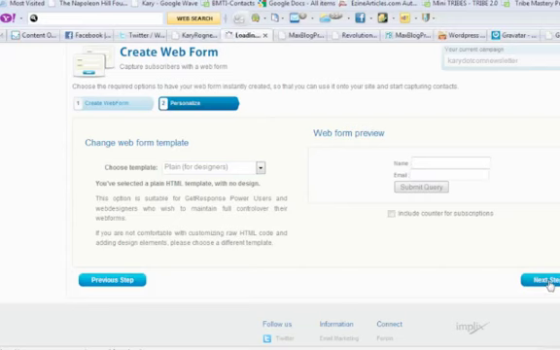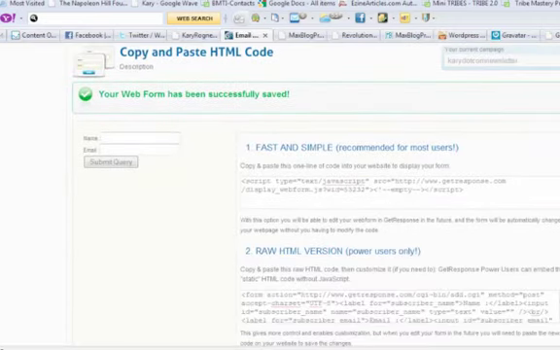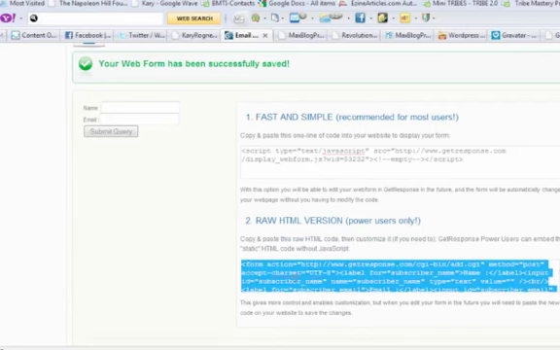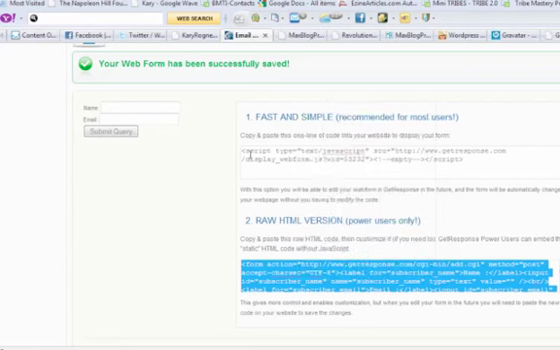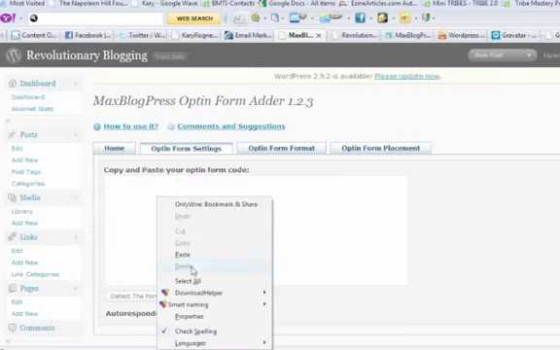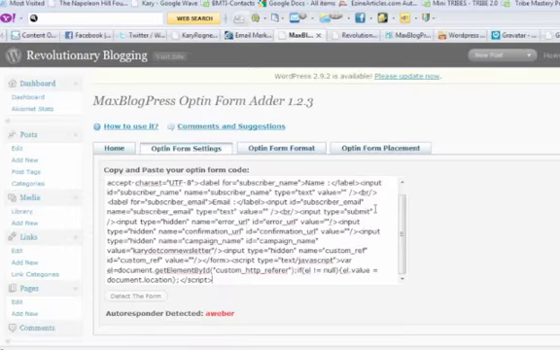So we're just going to grab the code, and you want to use the full raw HTML version right here. You just click on it. Oh, and again, Jody in her videos, she kind of goes through all this. So probably shouldn't have spent so much time on it, but I wanted to help you through this if you didn't go out to her blog. And we go back, and you would just paste it in right here. Okay, and